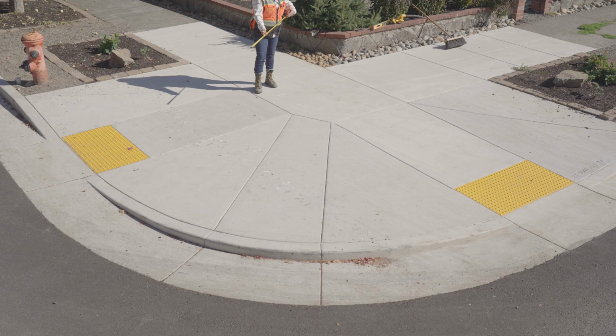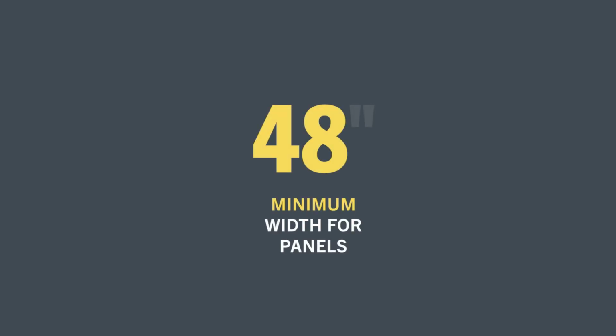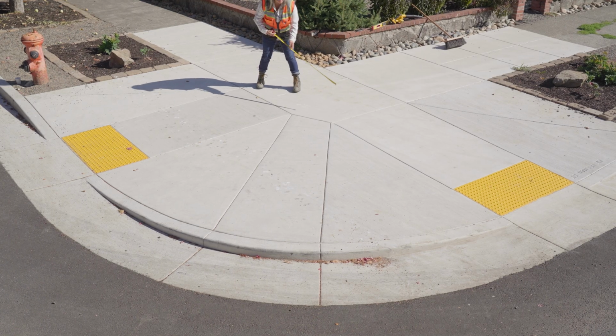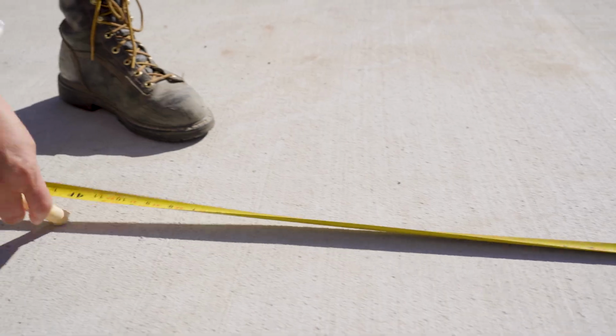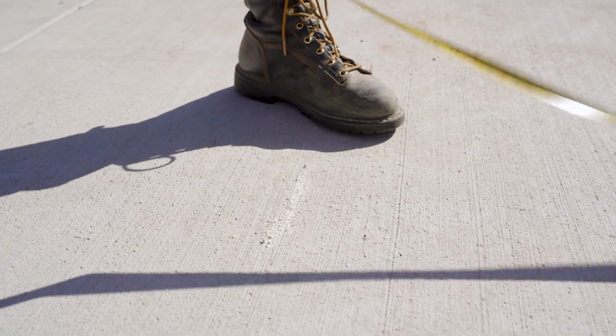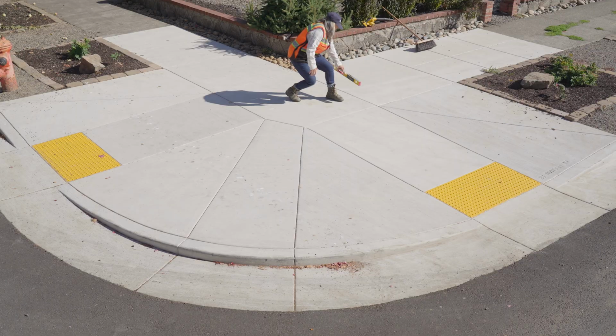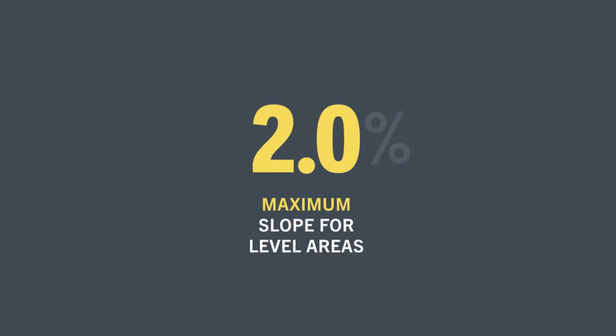All right, back to it. So here's your first test. What's the minimum width and length this panel is supposed to be? That's right, 48 inches. But as you can see, this ramp is larger than that. So in addition to inspecting and measuring the entire landing, you'll also need to mark 48 inches from the grade break and measure there to confirm the landing meets minimum ADA standards. Now again, this part of the ramp is supposed to be level, or at most, 2%. And ideally right at our design spec of 1.5.